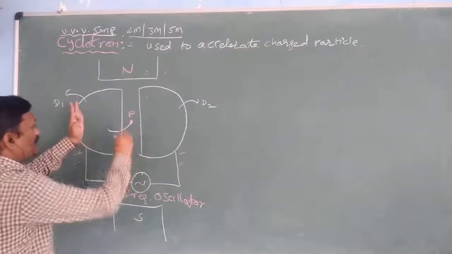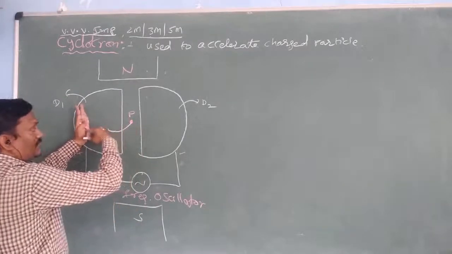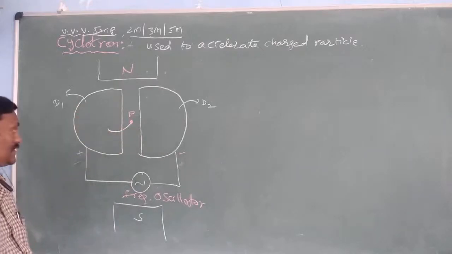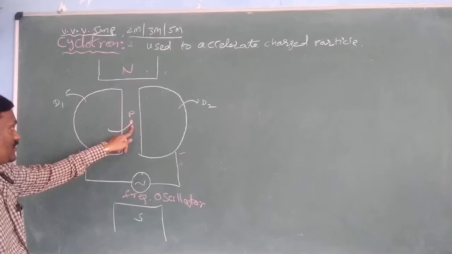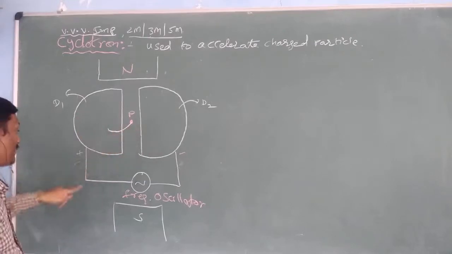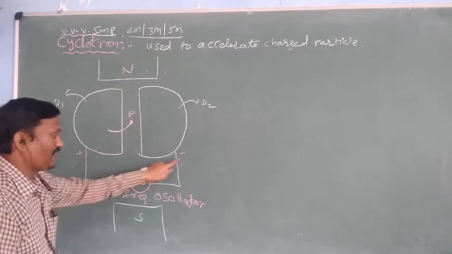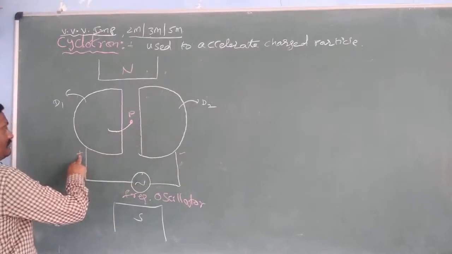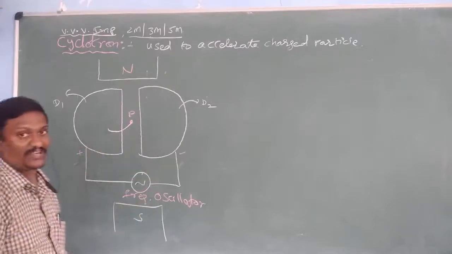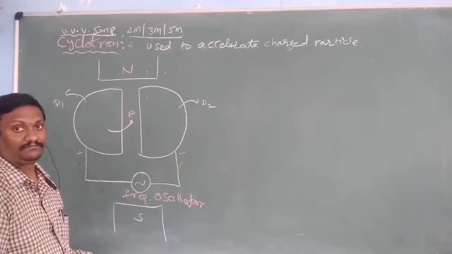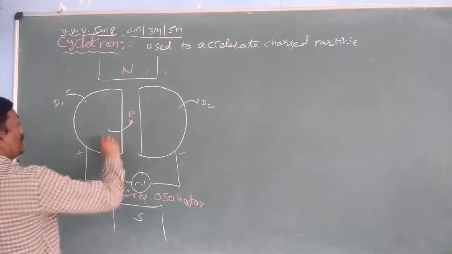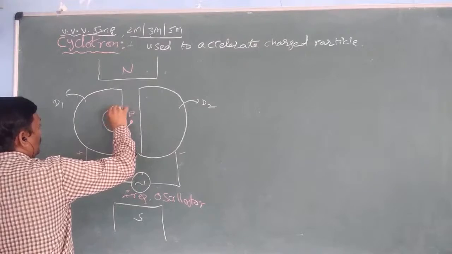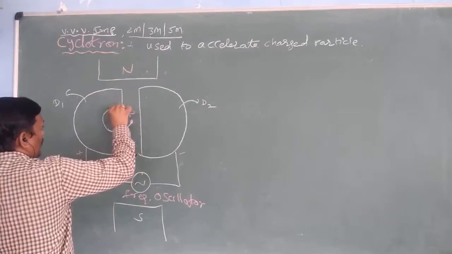Any charged particle that enters perpendicular to the field direction follows a circular path; that is the principle. So initially the charged particle enters into D1. At that time D1 has positive polarity and D2 has negative polarity. When a positive charge enters a positive field, acceleration of the charged particle takes place. Now in semicircular disk D1, this charged particle accelerates, completes its circular path, comes out from disk D1 and enters into disk D2.